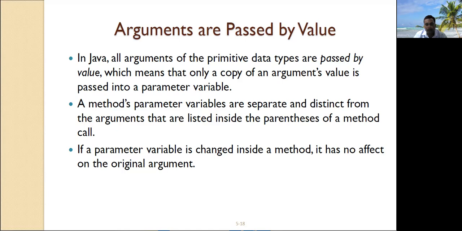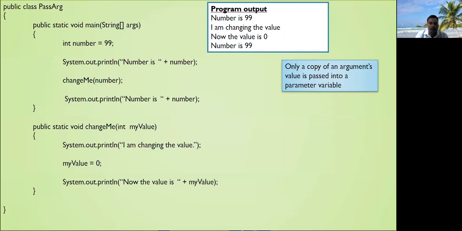In the argument passed by value method, if changes happen in the parameter list variable, they are not reflected in the argument variables, whereas in argument passed by reference, when we are passing the object as an argument, if changes happen in the parameter variable, that is the object, those changes are reflected in the argument object also.